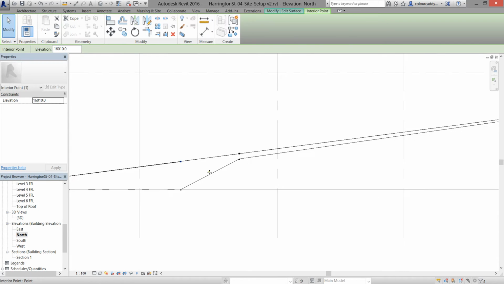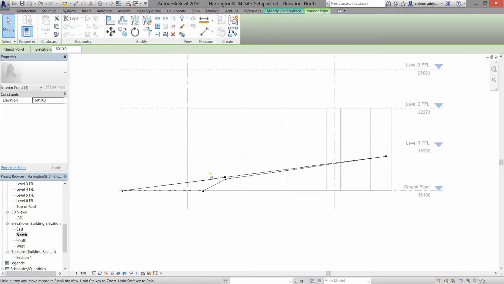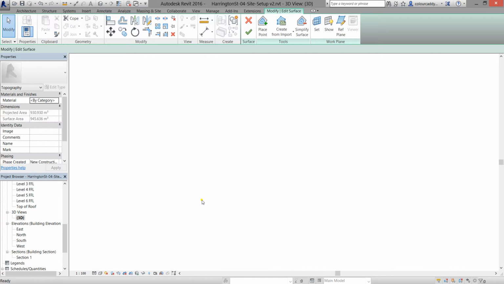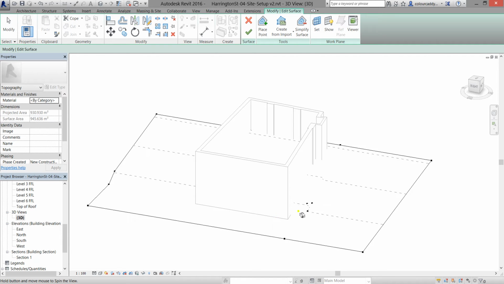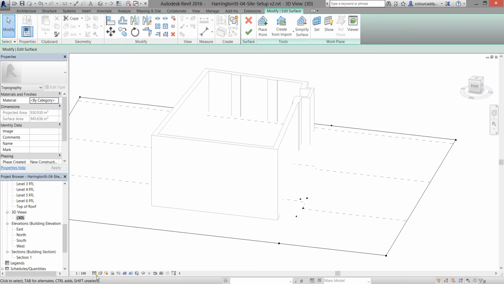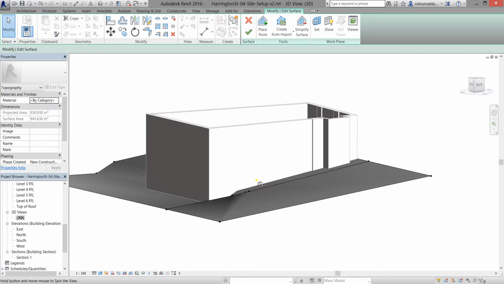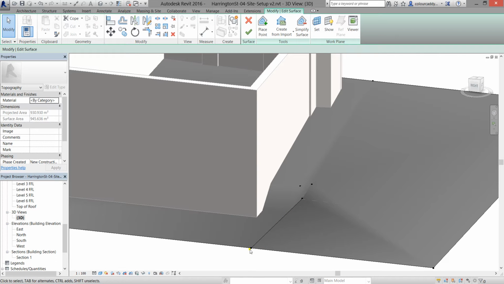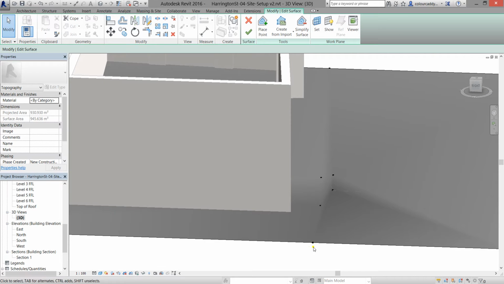We might need to change those. It's a bit of an unusual street, this one. I think we might actually have to do some more adjustments to this later, but for now, just to give you an idea, you can see then, especially if I change the view to shaded, what's happening with the site there. So we've got the stairs and the road. So I think actually this would need to come back. So this point here,